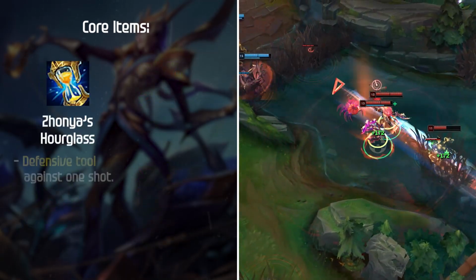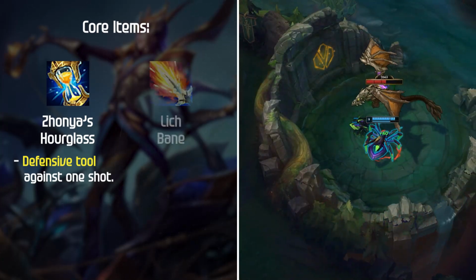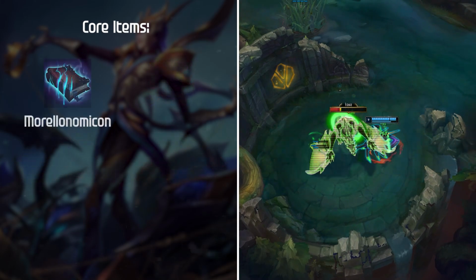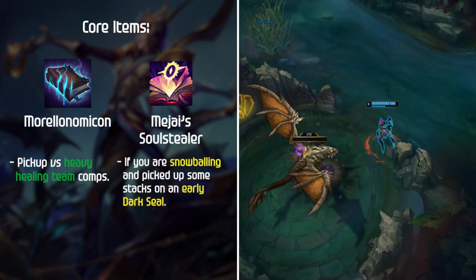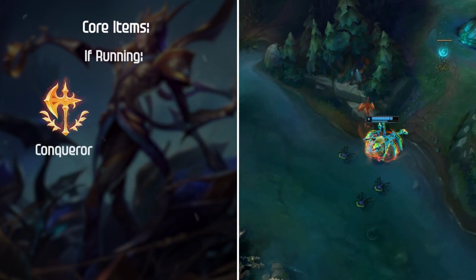Zhonya's is a much needed defensive tool so that you don't get one-shotted after a burst combo. Lichbane is great for pure burst damage and movement speed. Morellonomicon is the pickup versus heavy healing team comps, and Medjai's if you're snowballing and picked up some stacks on an early Dark Seal. If you're running Conquer or Press the Attack,